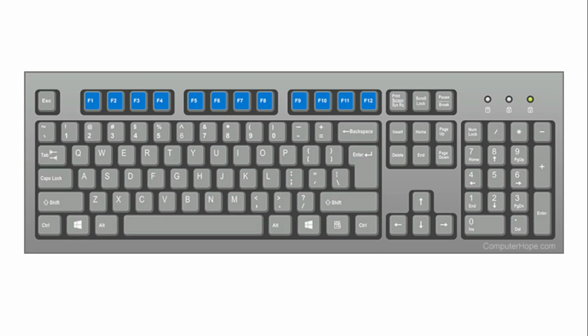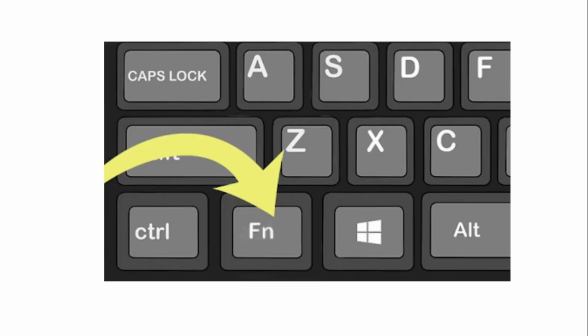There are total 12 function keys in any keyboard starting from F1 to F12. As you can see in the image, at the top of the keyboard there are 12 function keys and there is also one key in keyboard, that is Fn. So besides these 12 function keys, there is also an additional key, that is Fn. And there are other uses of the Fn function key. So here we are going to see the function or use of all the function keys one by one.